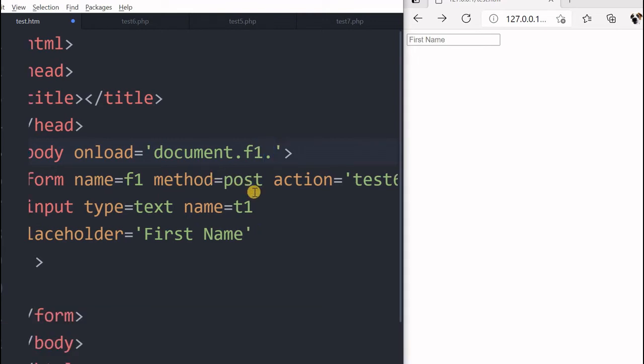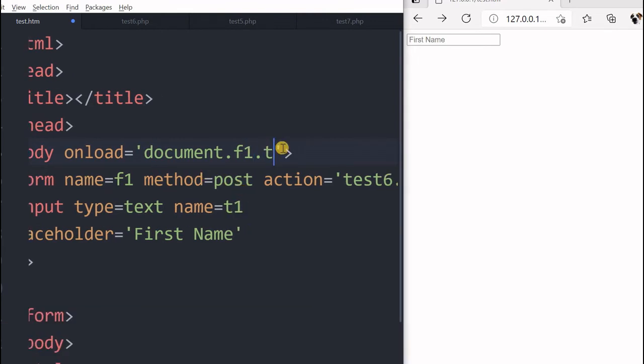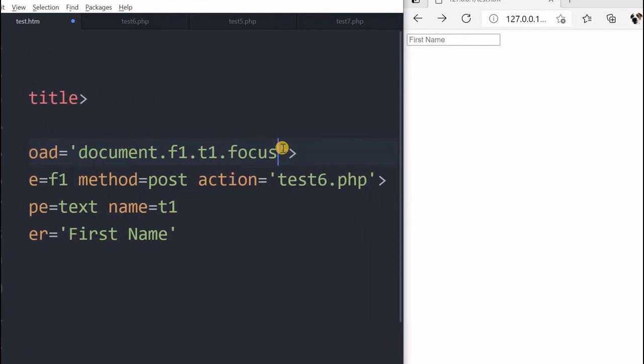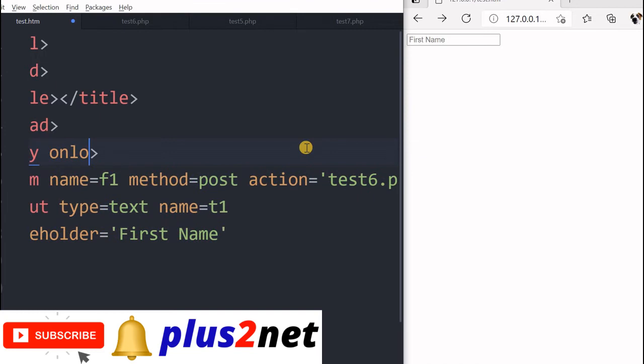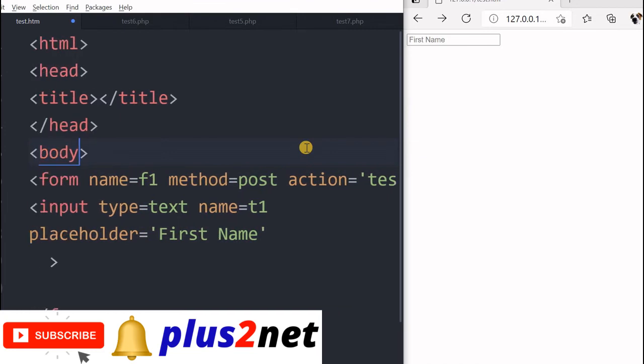Now the name of the input is t1, so f1.t1.focus. This way also I can keep the focus or bring it. If I refresh it, the focus will come. This is another way of bringing the focus by using body onload. So this is all different.